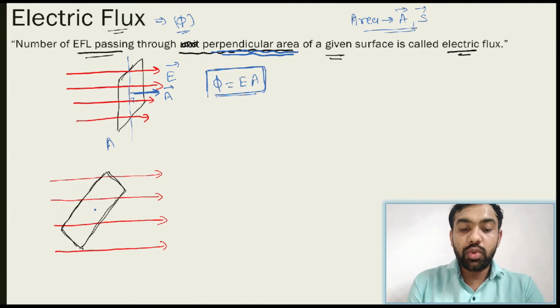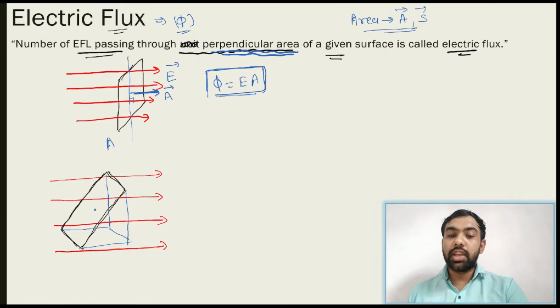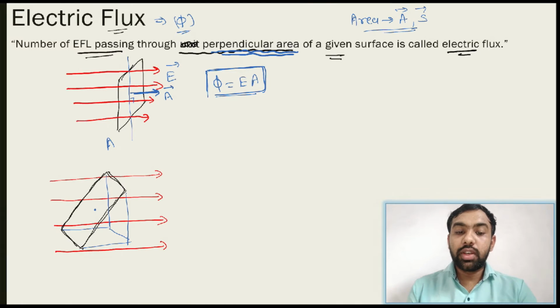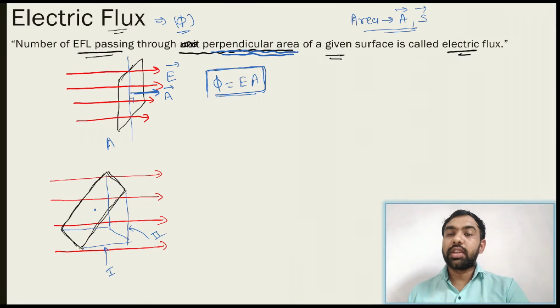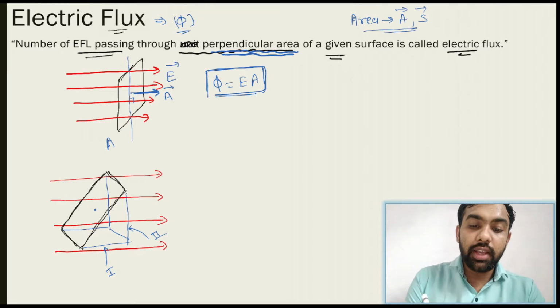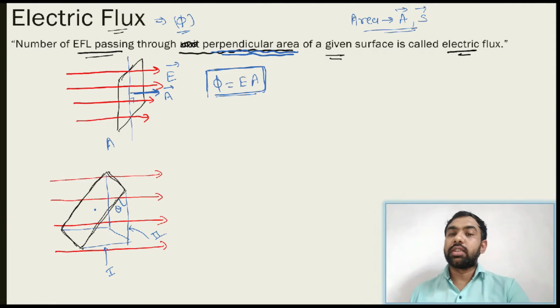Okay, so you just take this horizontal component and vertical component like this. You just take a component of this one. The first one is, suppose, area 1, and consider this one is area 2. You just take these two components, area 1 and area 2. Here the angle is suppose theta, so this one is considered as theta.